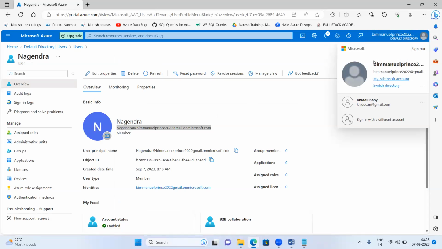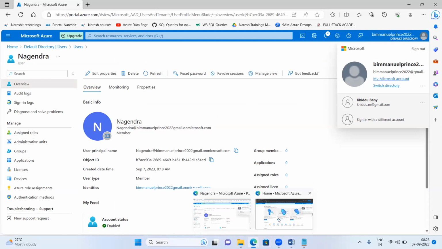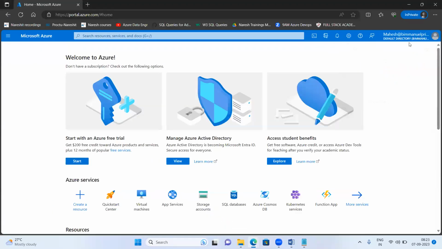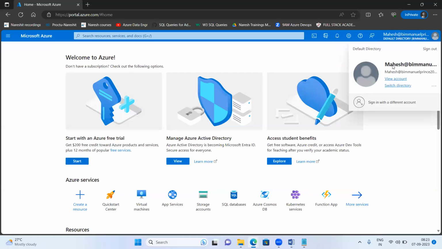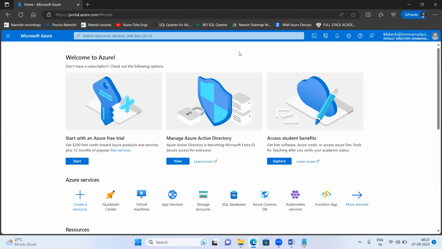It's me, the global administrator. And this one is who? Mahesh. How to check? Just click on this one, and you will get to know the name. This is Mahesh. Fine. Now, if Mahesh is trying to see a storage account,